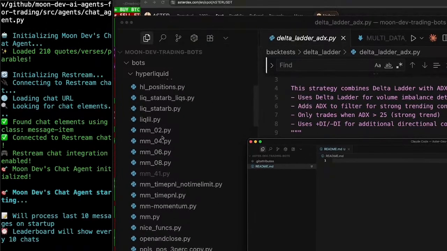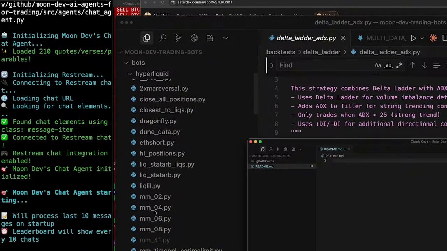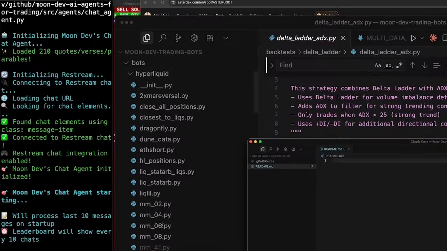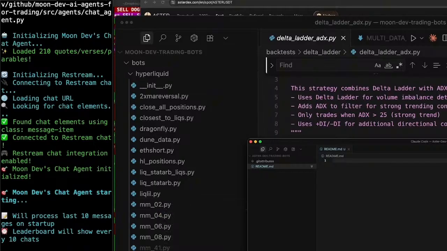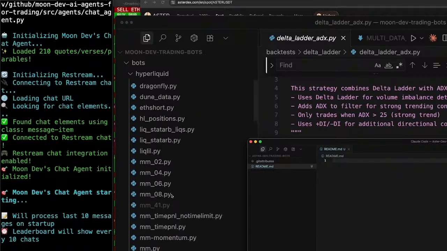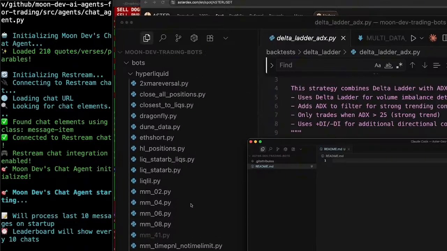This is for a Hyperliquid bot, or one of them. It looks nice, and it's not on the GitHub, so I like that. Let's give it MMO2. Copy path. Here's an example of a Hyperliquid bot, and you can use the nice funcs file in that same directory. It has pretty much all of my functions, that file that I attached you to, and the nice funcs in that same directory. Okay, so now you have all of the functions I will need in order to rebuild a new bot. Now we're building for the exchange Aster